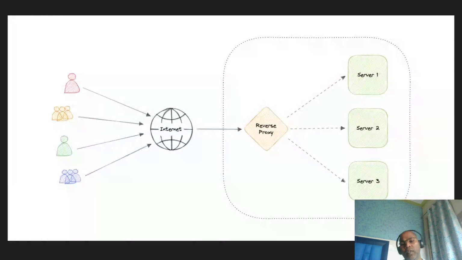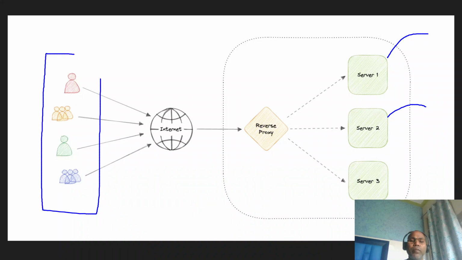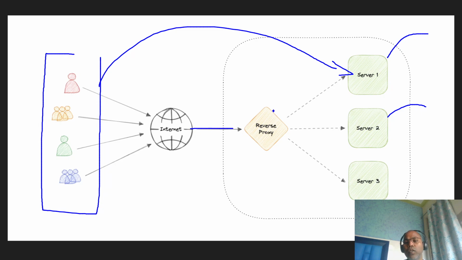So here is the understanding. Again a similar kind of behavior, but notice here we have servers. Now every employee can access the internet, but no one directly accesses my server. First, all requests go to my reverse proxy, and this reverse proxy decides whether the request goes to server 1, server 2, or server 3.